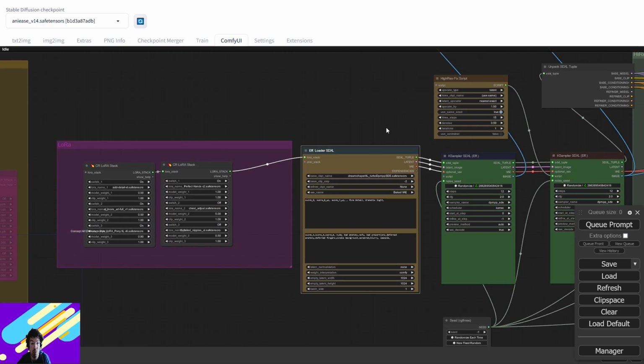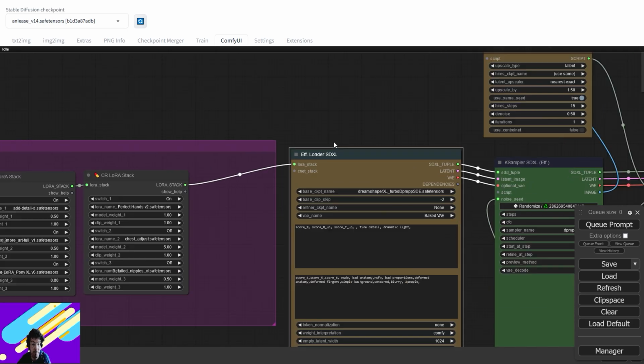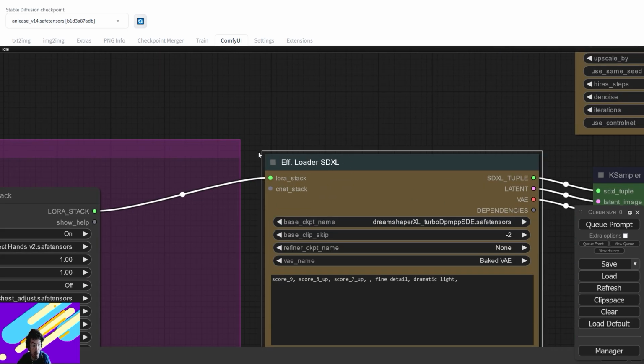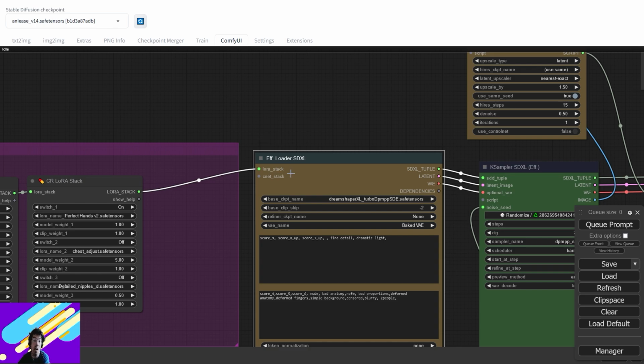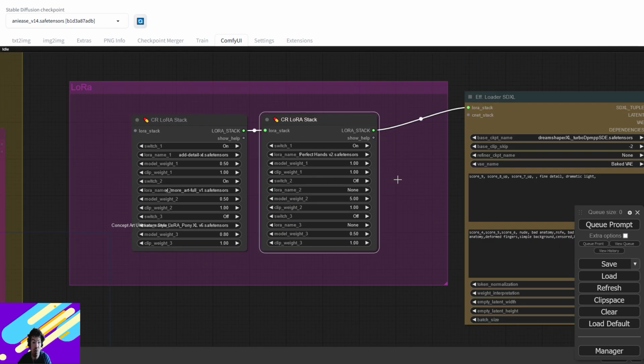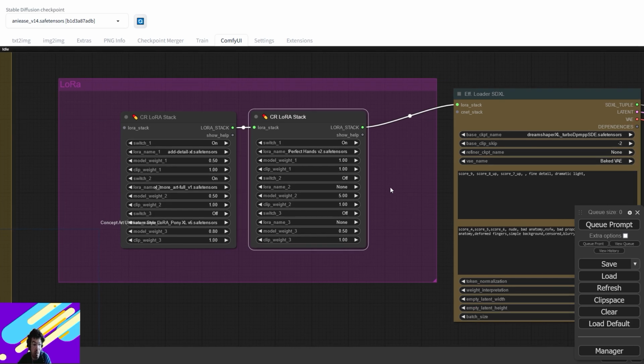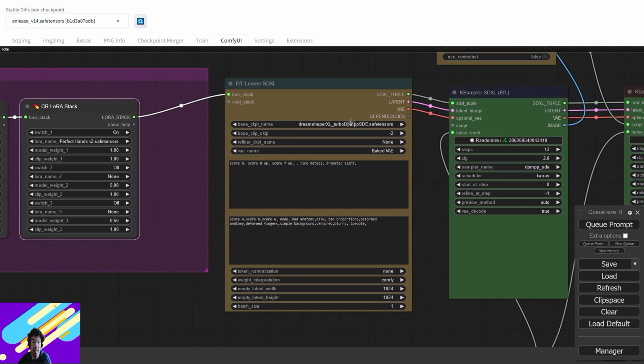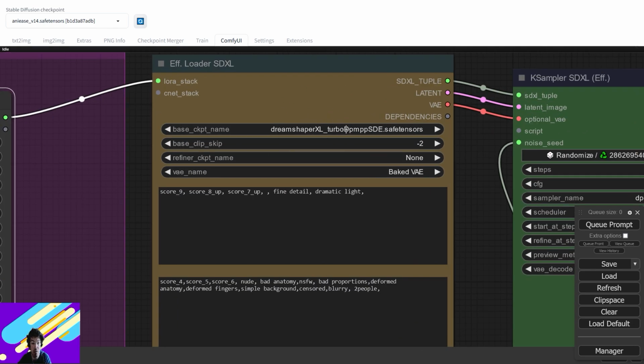The real part, I'm using XL right here. So this workflow is for SDXL, Stable Diffusion XL. So you have to double check your checkpoint. You have to use an XL checkpoint. So these are the LoRAs. As you can see, I'm using 3 different LoRAs: Perfect Eyes, Add Details XL, and Armor Art full version 1. And that's all. I think it's quite good for me. And I'm using DreamShaper XL Turbo. The turbo version is very important for our